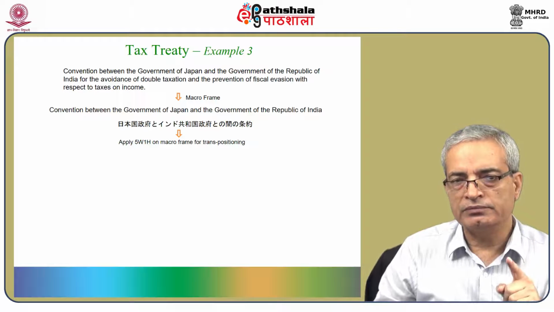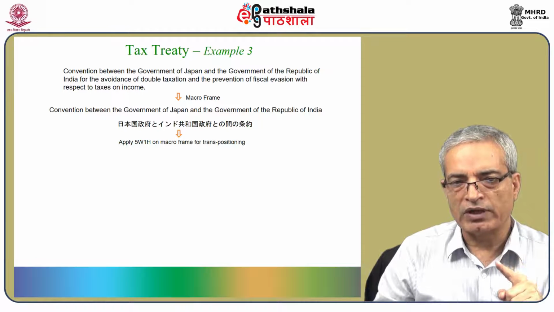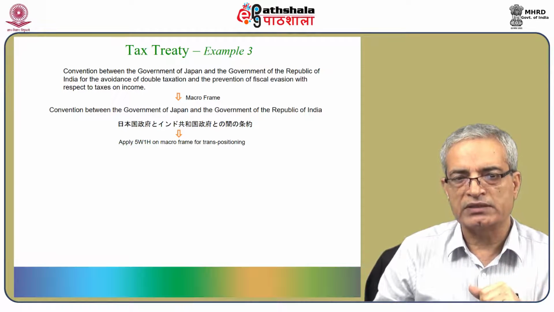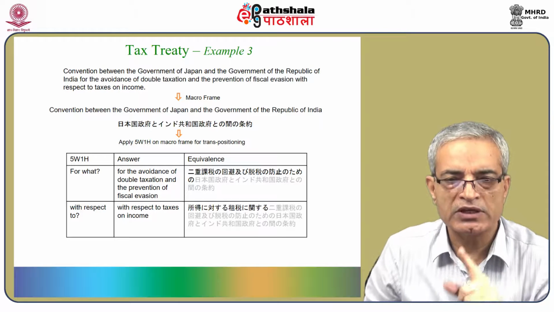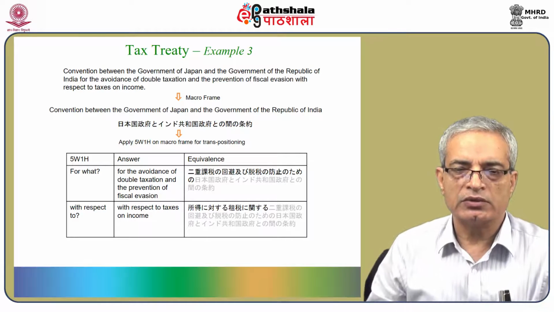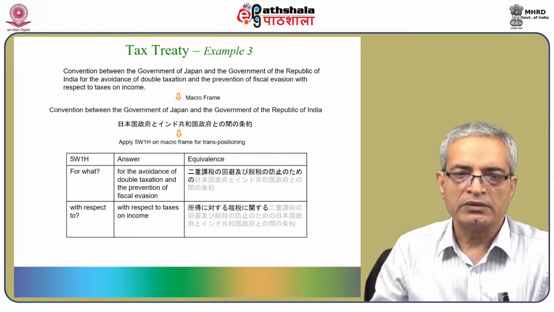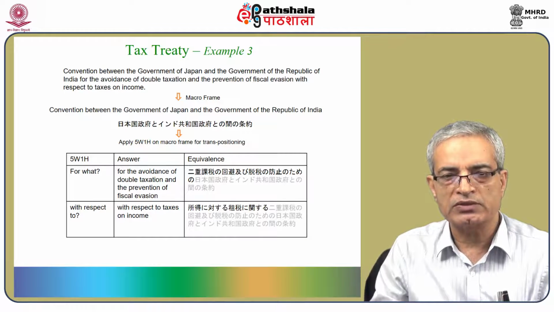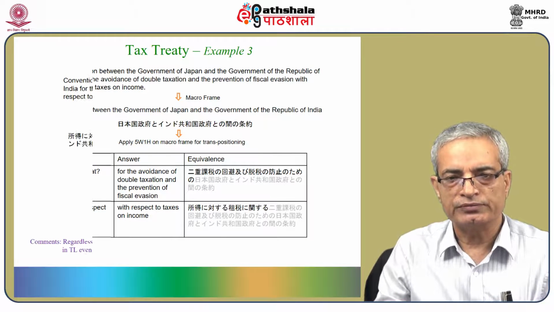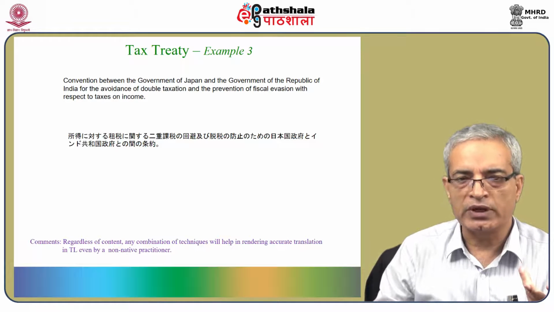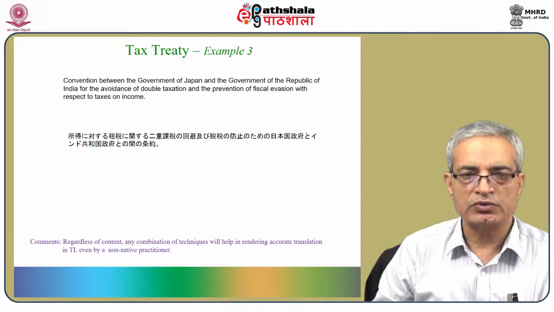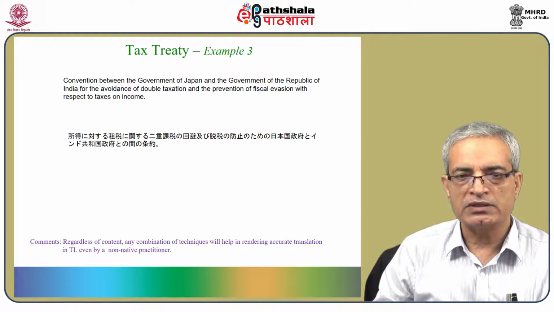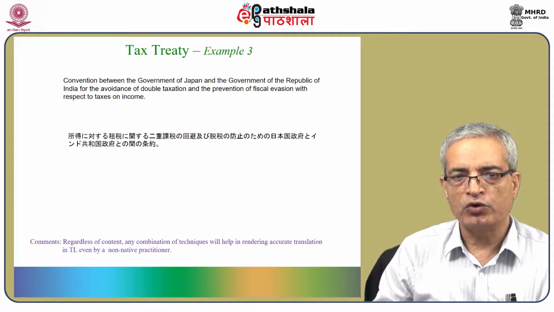For what? For the avoidance with respect to taxes. These were the two parts. So it comes as Niju kaze no kaihi oyobi datsuze no boshi no tame is the first part, and the second is shotoku ni taisuru soze ni kansuru. The complete, if you join, is shotoku ni taisuru soze ni kansuru niju kaze no kaihi oyobi datsuze no boshi no tame no A to B Nihon Seifu